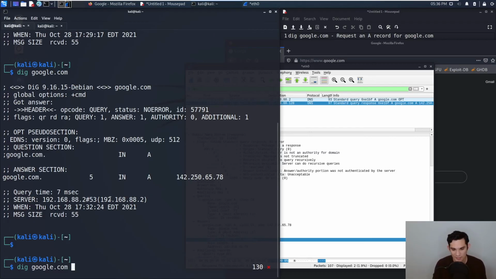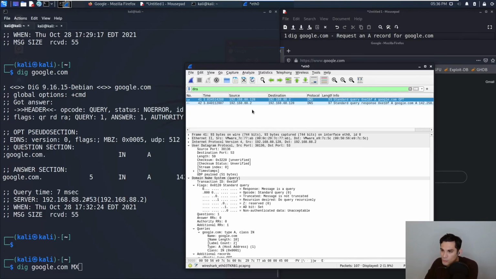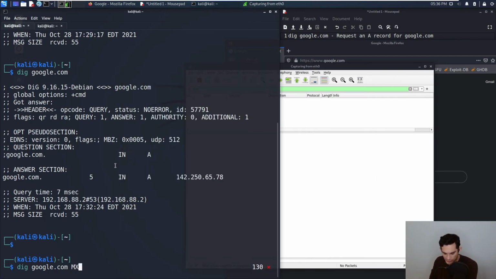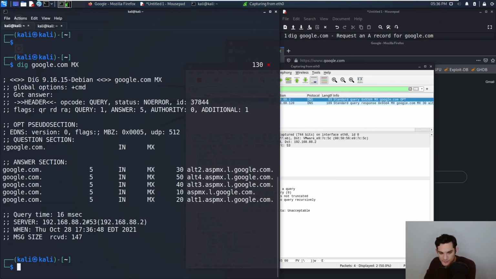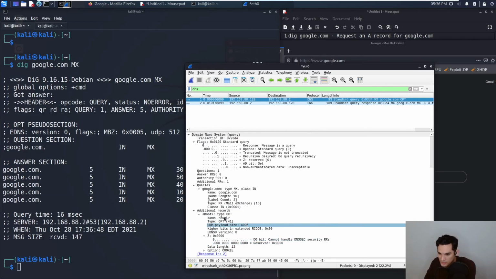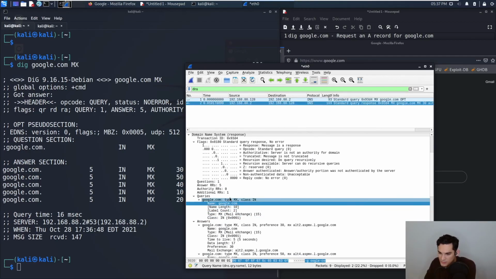And so if I do dig google.com here, MX record, let me do a new capture here. If I search for this MX record, we can see here that we have our request, our query here, type MX record for google.com, and then the response.